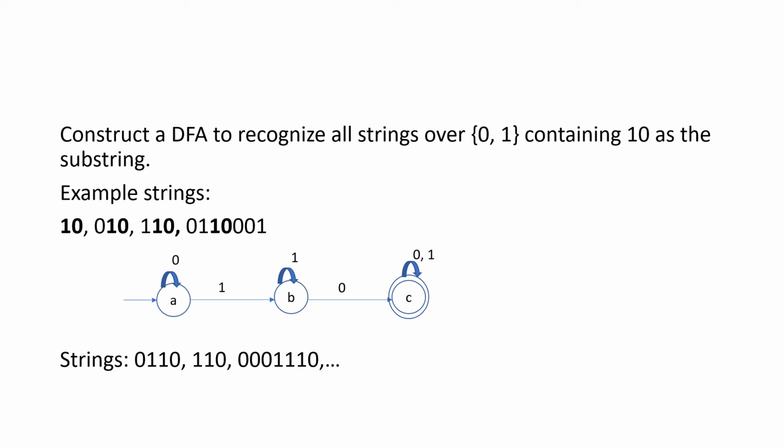Thus, we are able to construct a DFA that recognizes all strings over 0, 1 containing 1 0 as a substring. It is applicable for all cases. What we have to do: first, take the base condition, which is nothing but constructing a DFA for the given substring. Then we check for every state present in the DFA whether it has a transition for all the input symbols. If there is any missing transition, we have to include it.